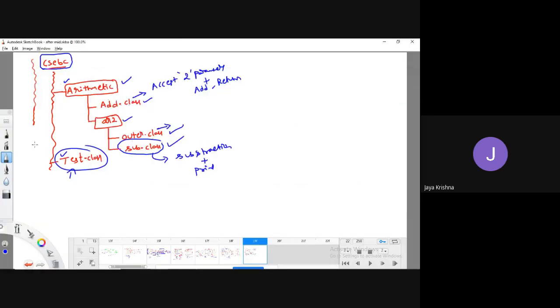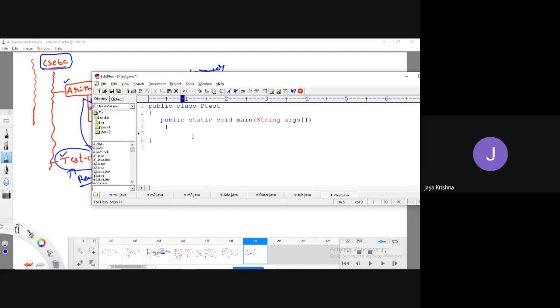See, observe. I will explain once again. What it is going to do is the Test Java file is going to read two values and pass them to the Add Java class, and it is going to perform addition of two numbers. Then we have to accept two numbers for subtraction. Then we have to print the subtraction of two numbers. Then we are simply trying to show outer and inner working with the inner class also. So for that, I will just make a copy.